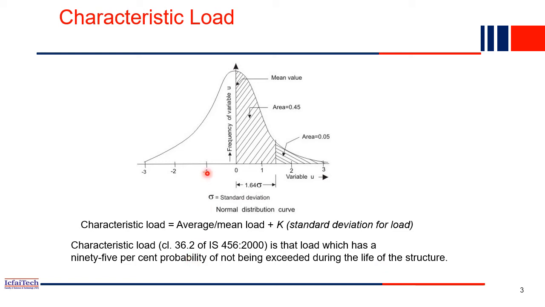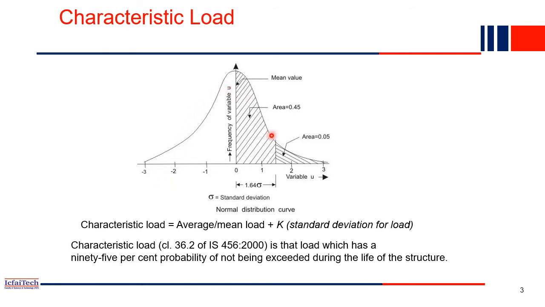What does that mean? We use some probabilistic calculation to find out how much load is coming on a structure. Because, as I discussed in the last slide also, the loads are very uncertain: the load may increase suddenly, or because of material disintegration, the load can vary. Load is not fixed. So if we analyze a structure with a fixed loading value, then because of the uncertainty in the load we may not be on the safer side, because sometimes the load may increase and we have not considered it in the design. That's why this new term, characteristic load, has been coined.